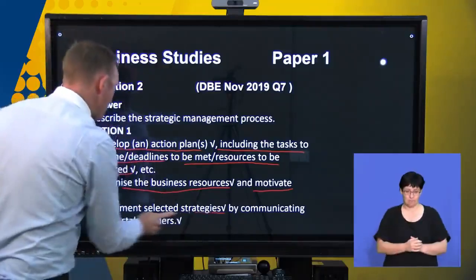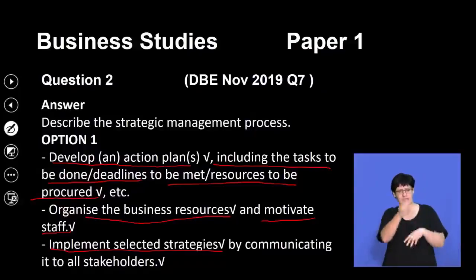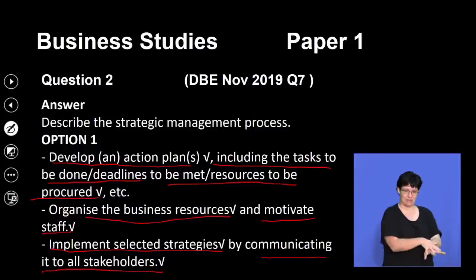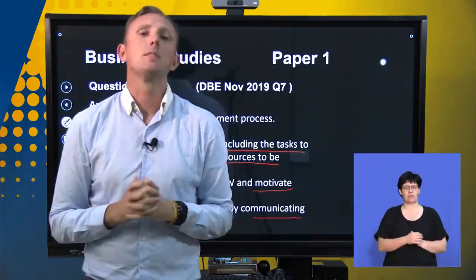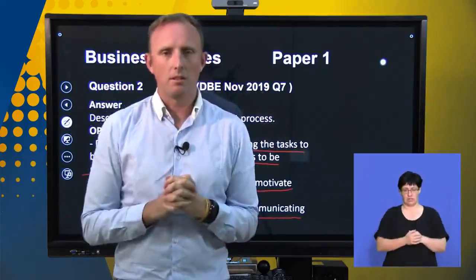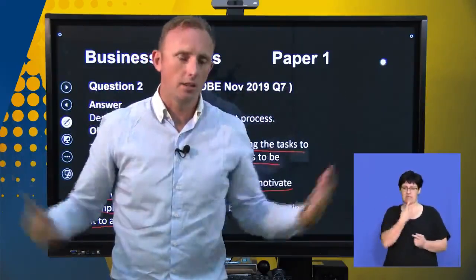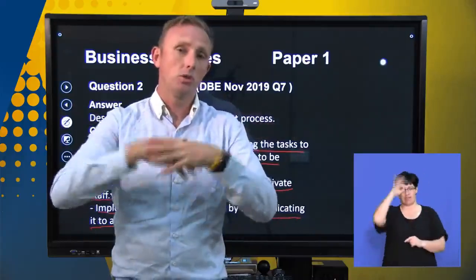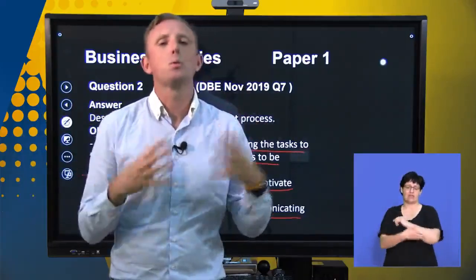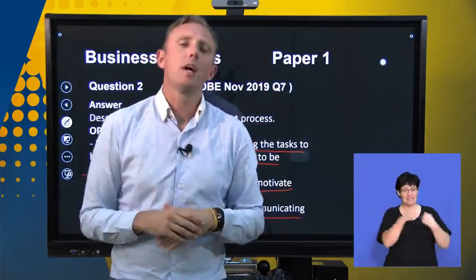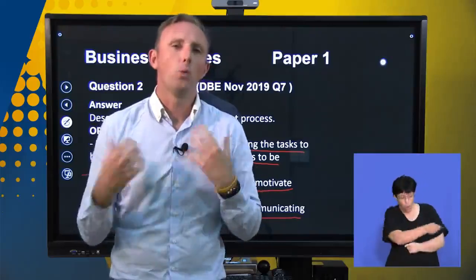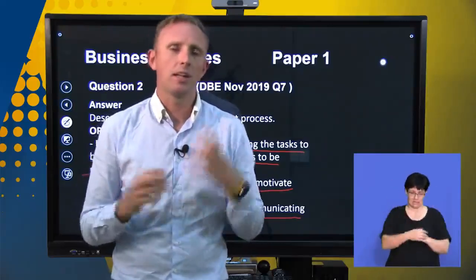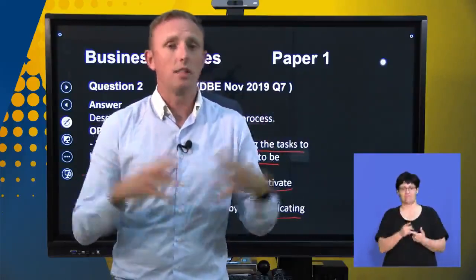And then we have to implement the selected strategies by communicating it to all stakeholders. So if we look at the government's lockdown strategy, we had President Cyril Ramaphosa, who came out and he communicated to the whole government and to the country as to what was happening in terms of the lockdown. So when it comes to a strategy and we're going to implement it, we need to make sure that all stakeholders are aware. Otherwise, we're going to have miscommunication that can also lead to mistrust, which is going to hamper